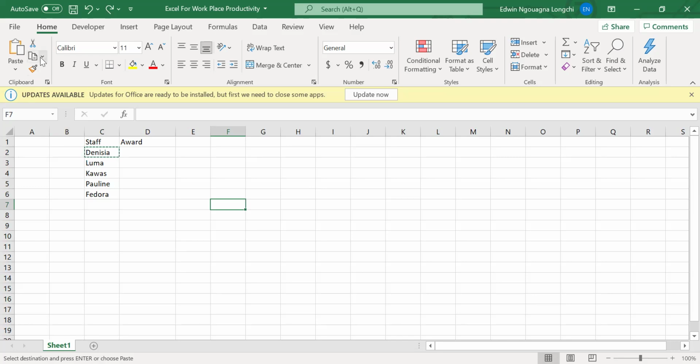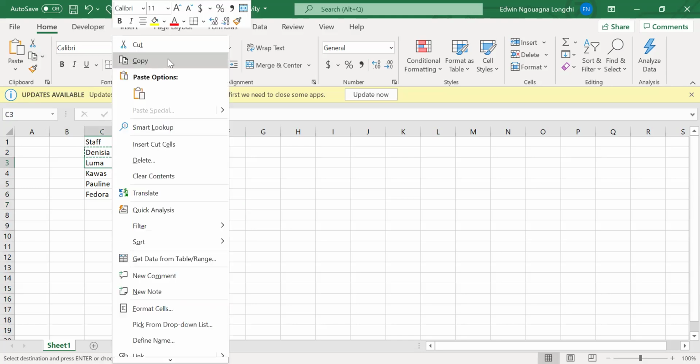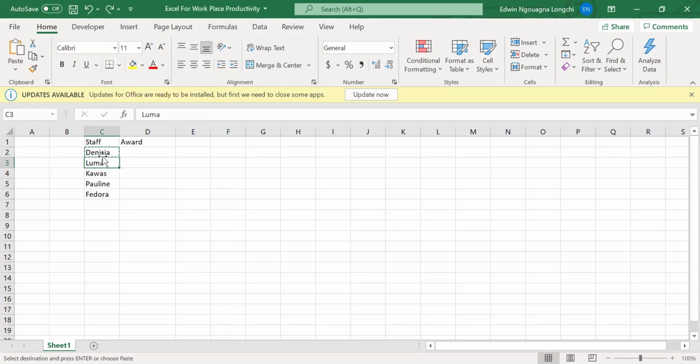All right. What I've been doing is right-clicking and taking copy, but that's not the only way to copy data in Excel. For example, if I want to copy this data, I highlight it. So rule number 2: before you copy any data to any place in Excel, you must highlight that data.